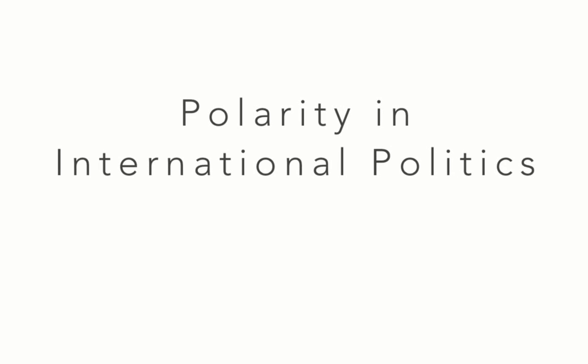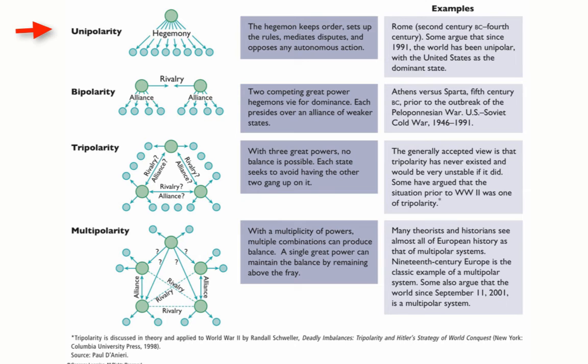So if you take a look at the polarity in international politics before I go forward, hegemony means that there's one power. So like the United States is running the show, or like we said, Portugal back in the 1500s. Then there's bipolarity, where you have two rivals, like the Soviet Union and the United States, with everybody trickled below. Some would say that we're in somewhat of a tripolarity now, because you have China, you have the Russians, and the United States, with all of our built-in alliances based off economic alliances or maybe even religious alliances. And then you have multipolarity.